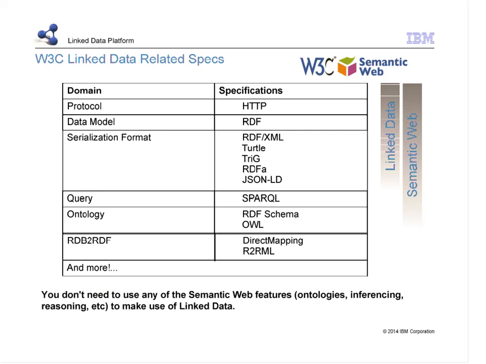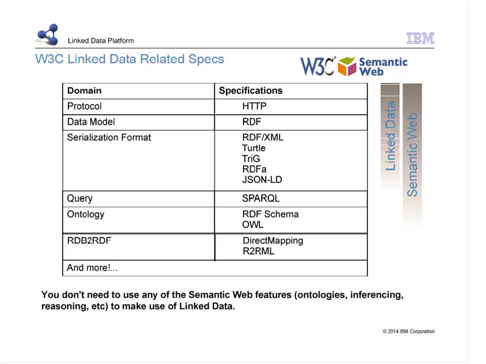So moving on, there are many different specifications that have been developed over time by the W3C that are related to the semantic web. And there was a name change along the way, and it has led to more confusion. What is linked data? What is the semantic web? Some people say they are the same. Some people say, well, one is part of the other. It doesn't really matter. But I think there is a convenient way to try and classify the different specifications that have been produced by the W3C.